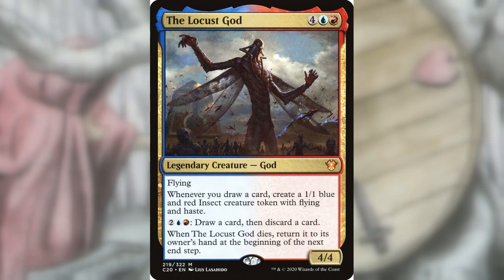So there's Locust God. This reads: four, a blue and a red, 4/4 flying. God, when it would die, return it to its owner's hand at the beginning of your next end step. And then whenever you draw a card, create a 1/1 locust. So with this we can wheel, because it benefits from us drawing, but then we can also have token synergies